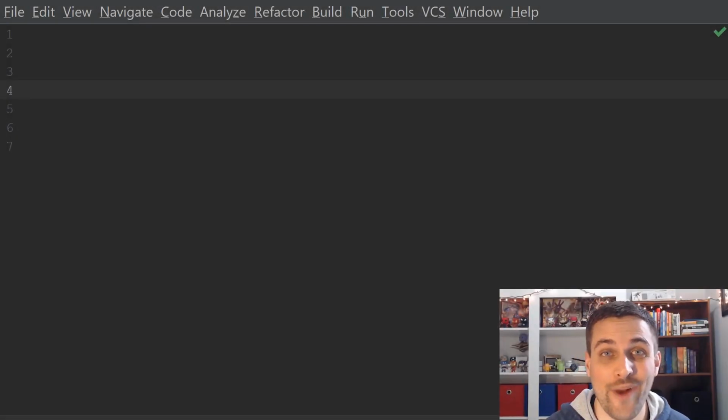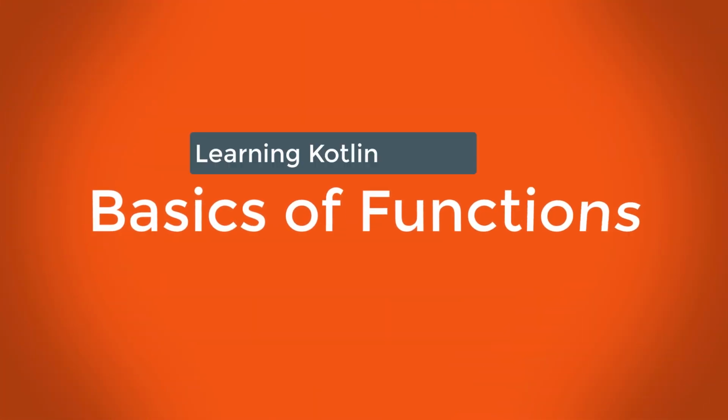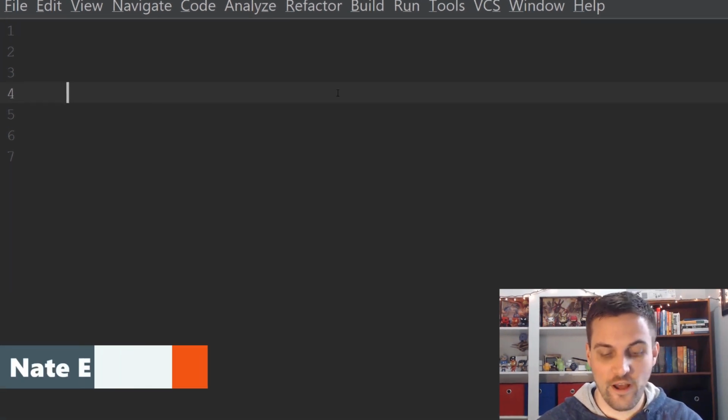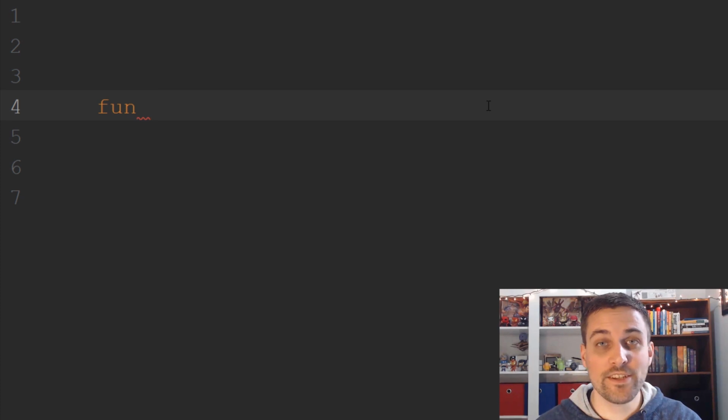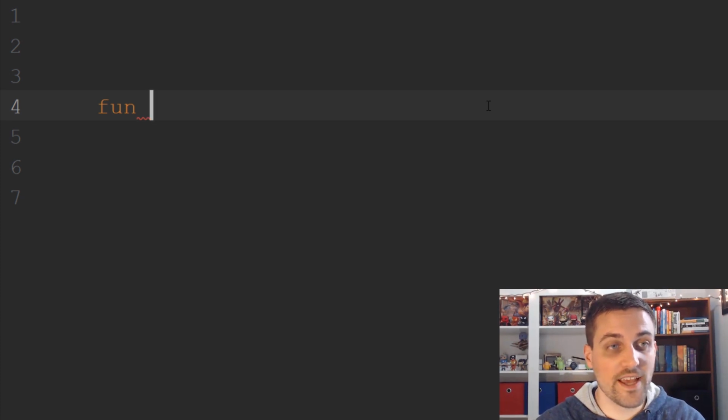Let's take a look at how we can write a basic function in Kotlin. To start off, we use the fun keyword. This denotes that we are going to define a new function. The next step is to write the name. So in this case, we'll say